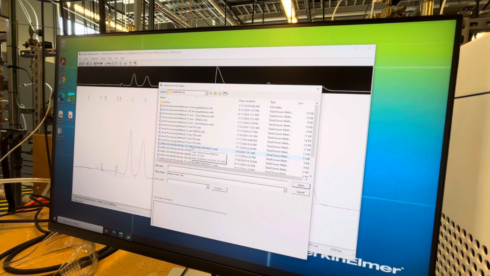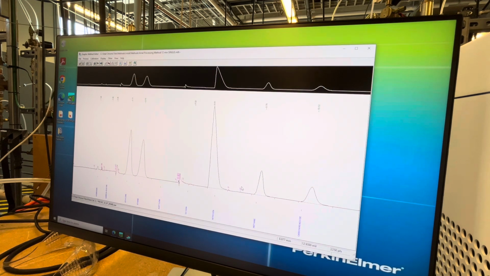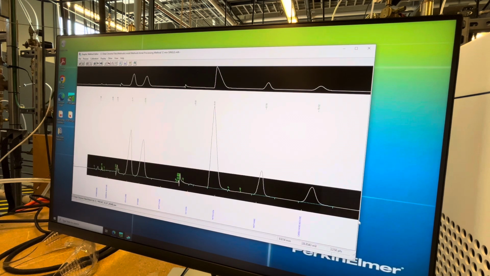We want to use the processing method which is loaded to the GC. I can't edit this, it's read only right now because it's loaded to the GC, but you can see that the baselines look a lot better. What we will need to do is